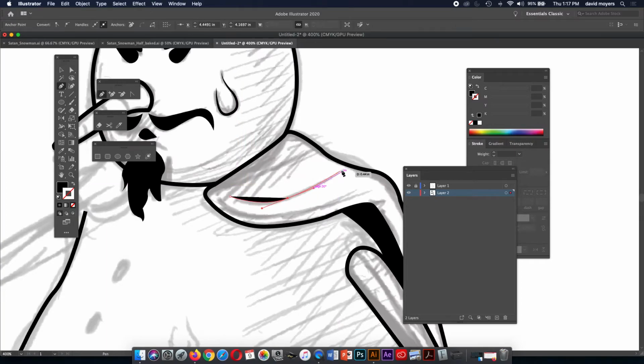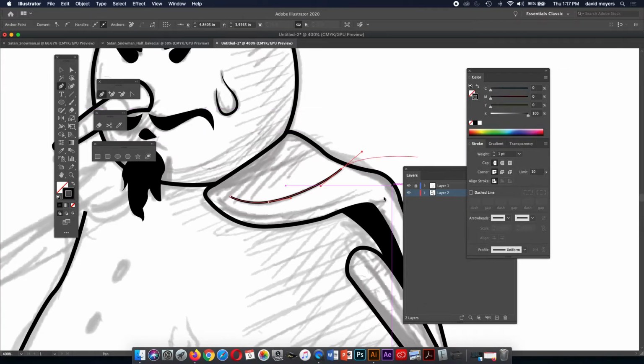I'm going to make this little shape here to indicate a wrinkle in his cape, or a fold. There we go. Okay, we want that to be natural, so we'll pull that out a little bit more. I'm trying to control that there. All right, now let's swap that. So we'll make that, and we'll up the stroke weight just a little bit here,